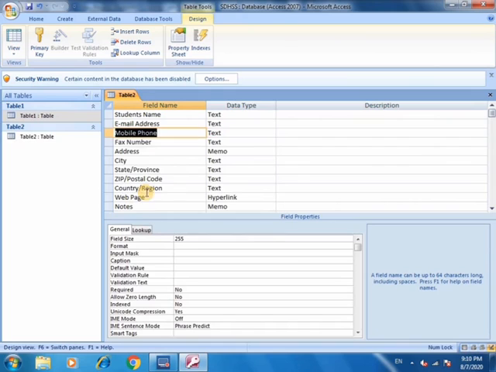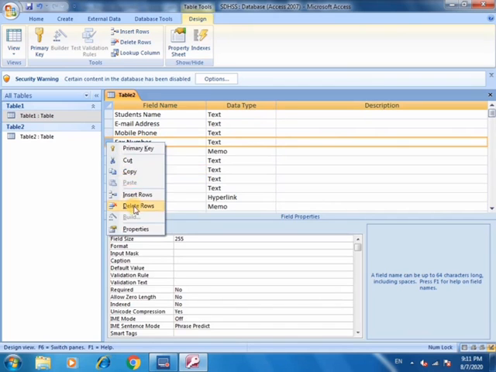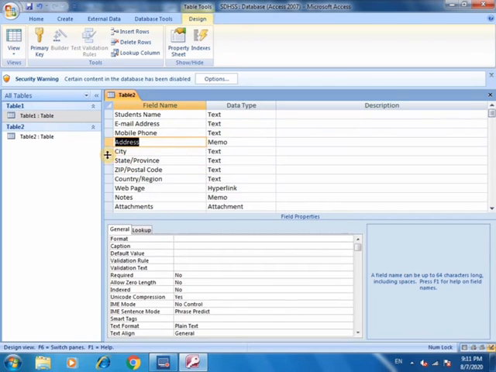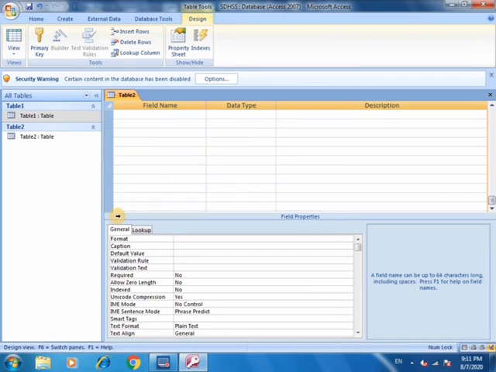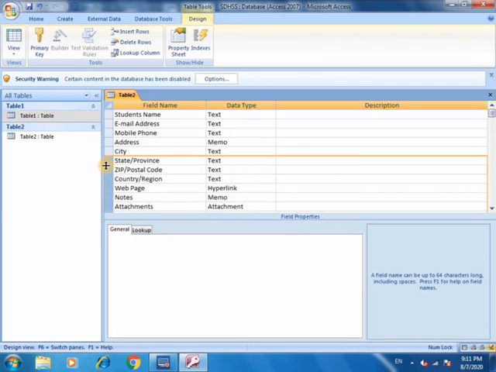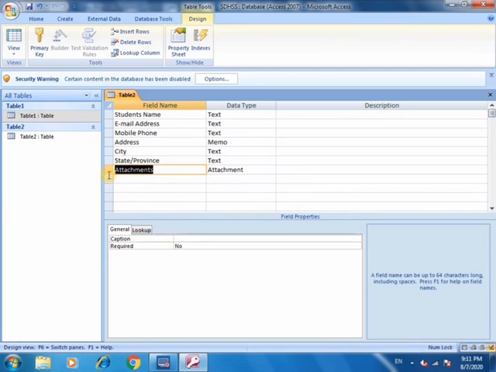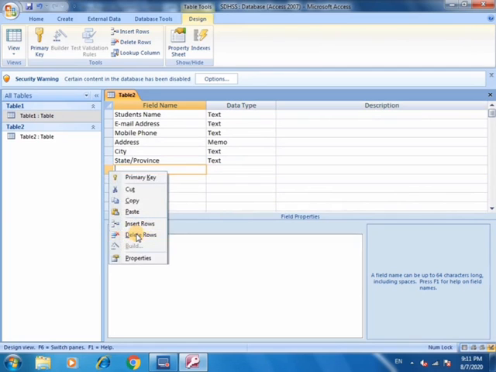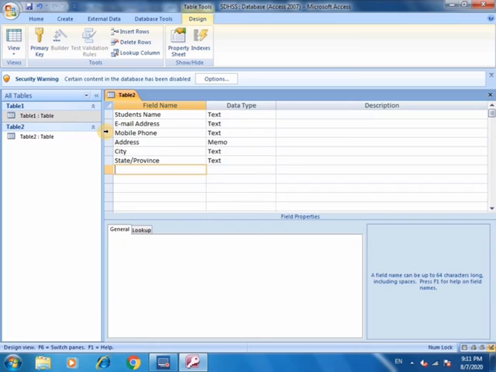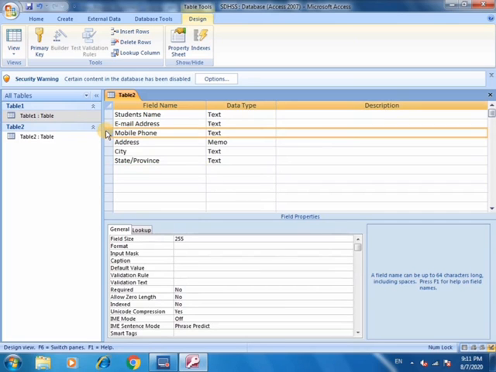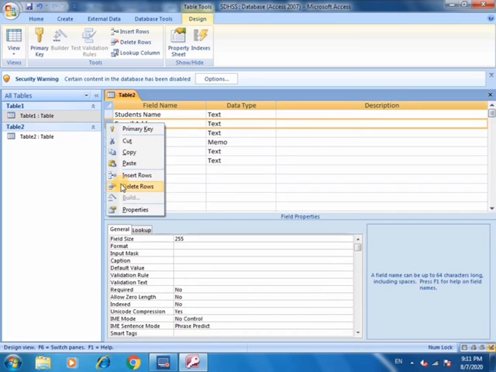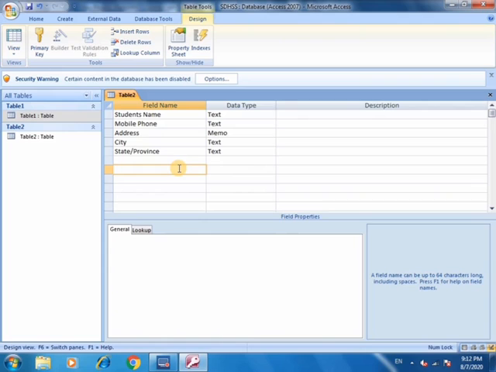I want to delete them. Mobile phone, it's okay. According to requirement, I have modified this table's fields.